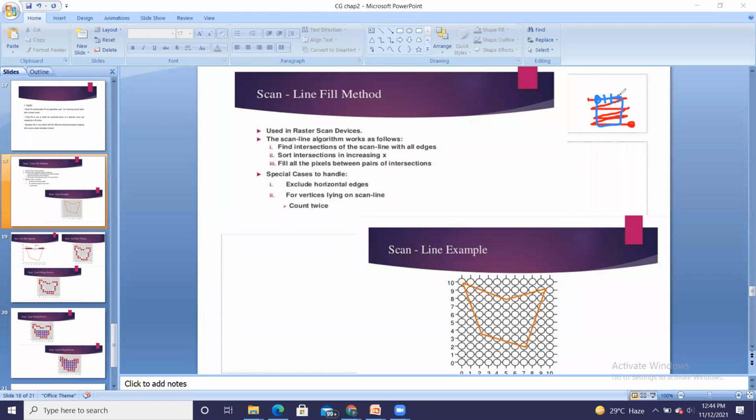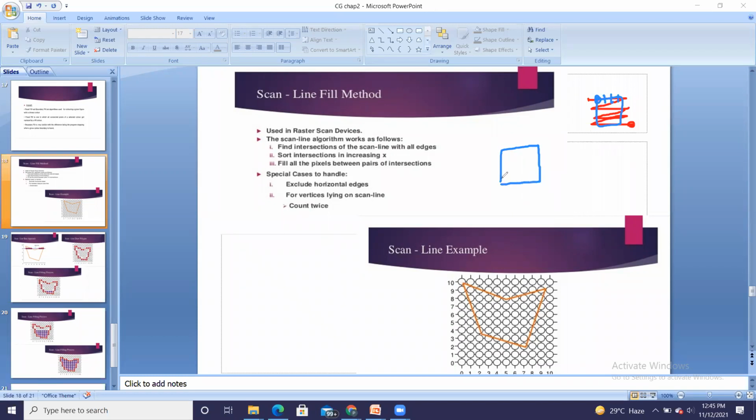But it should not change because your boundary should be different and your interior pixels should be different, right? So the scan line fill method is scanning the line, and once it intersects the boundary, all the next pixels it will change to the fill value until the next boundary is reached.